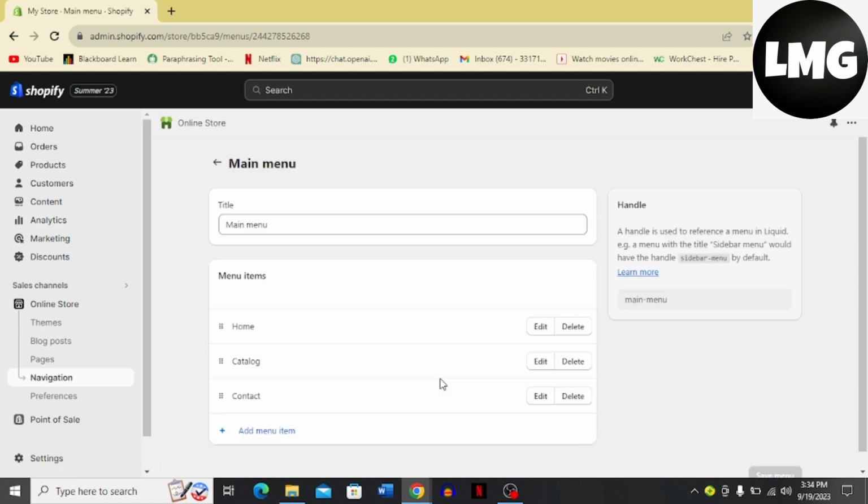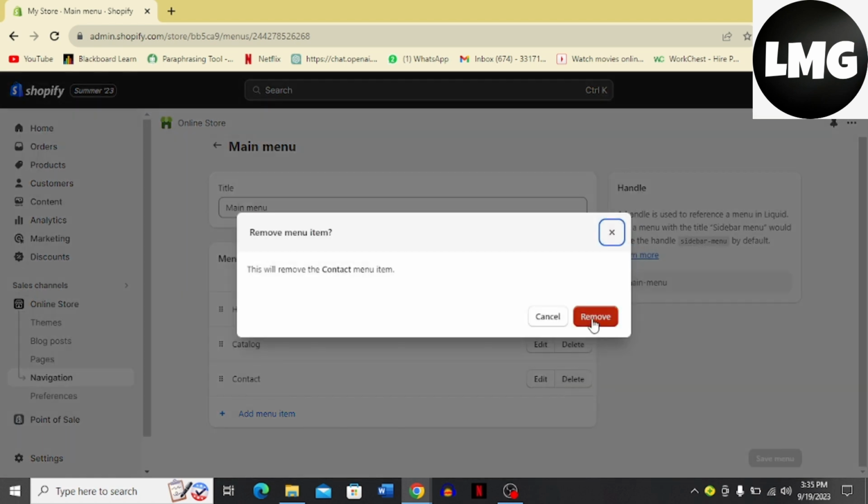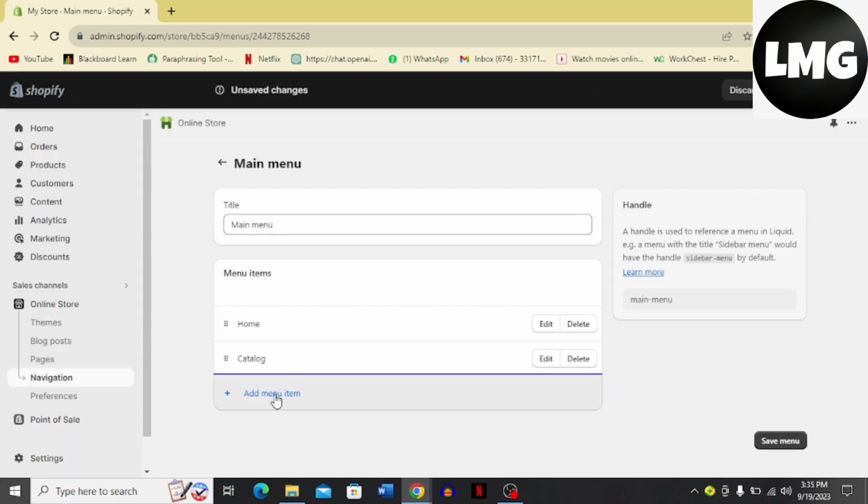here you can see that you can add menu items if you want to, and these are some menu items that are already available. You can edit them or delete them, or you can just leave them and add a menu item of your own. I'm going to delete this contact option and remove this, and I'm going to add menu